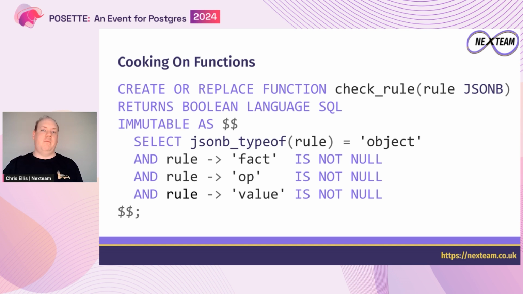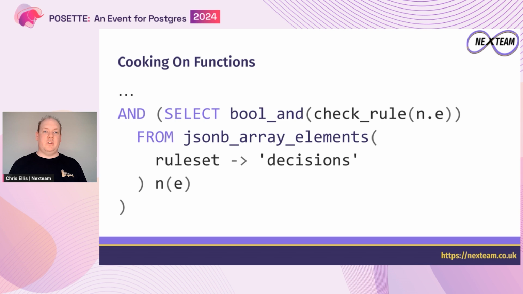So we want to actually apply a bunch more checks to that kind of nested object in that array. Well, that's easy, right? We've already learned all the things we need to do. We just create a new function that's going to check that individual child object. And it's going to check it's an object. It's going to check it's got the properties we want. And again, if we had multiple nested levels, 3 or 4 levels deep, we can just define more functions to go deeper. And then we can just put this back together.